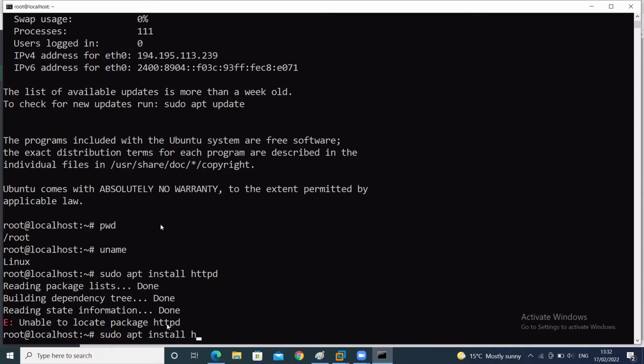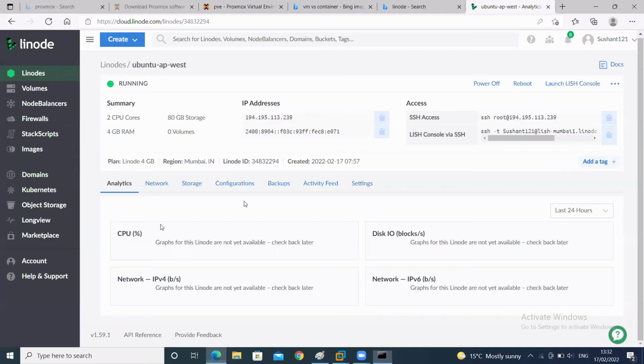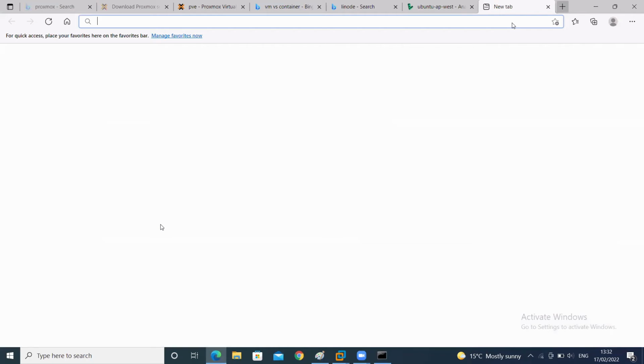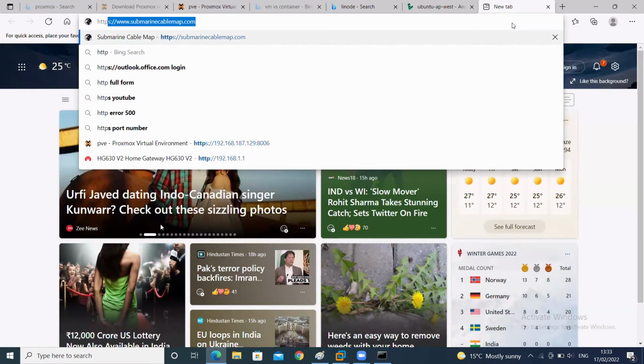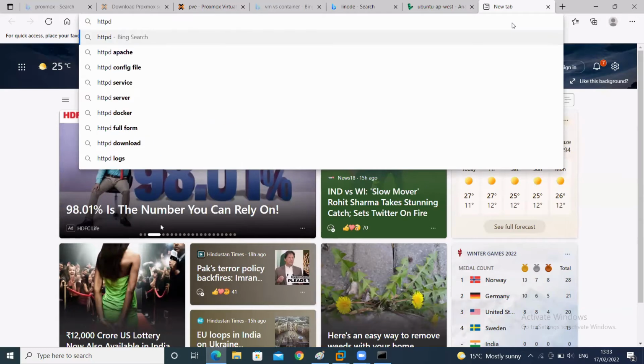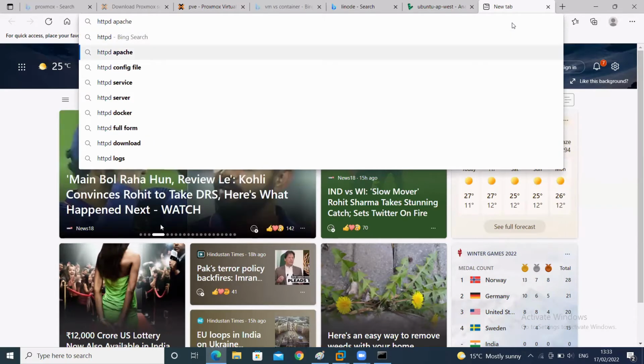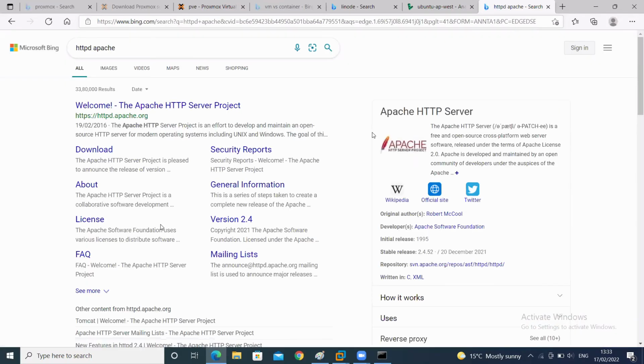You will know that with sudo apt there is an article for httpd, the Apache server. Go over there and see how to configure Apache, and on that you have code.